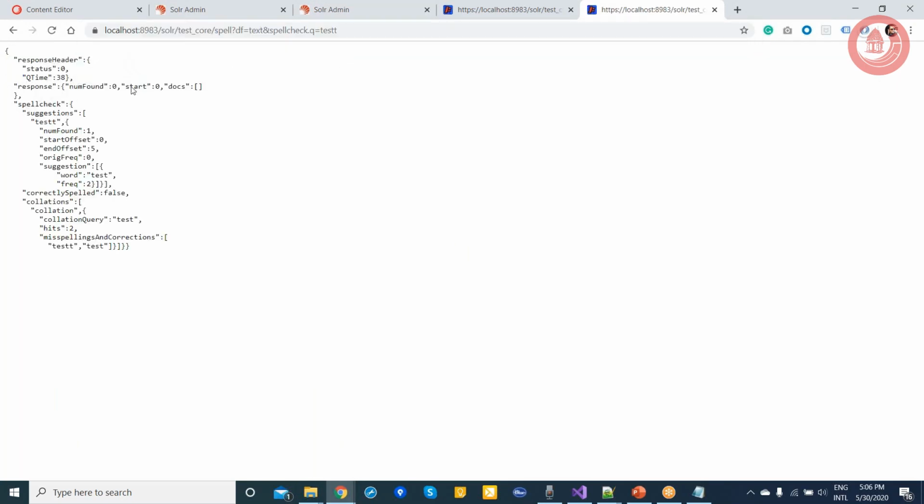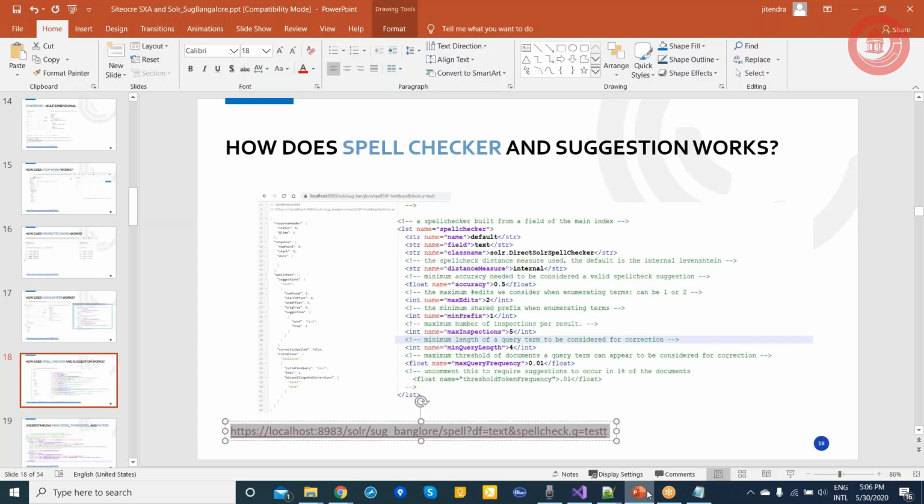So now you can see I search for test T, and then it gave me that, okay, you misspelled, here is the suggestion, and the correction for test T is test, right? So this is how the spelling works in Solr. Okay. If you want to change, you can go and modify, but there are some open source tools available which will justify what should be the outcome, and then based on that you can compare how it works with Solr.